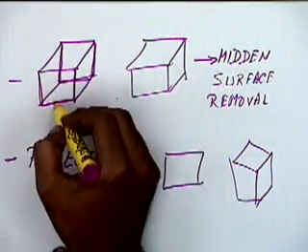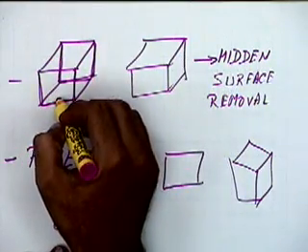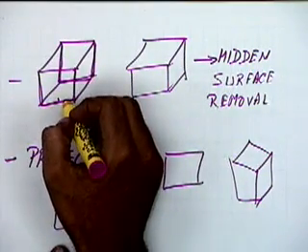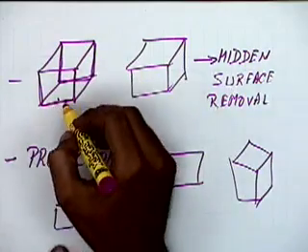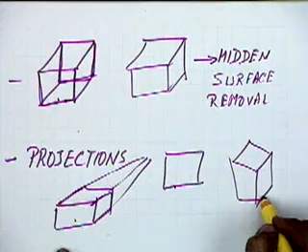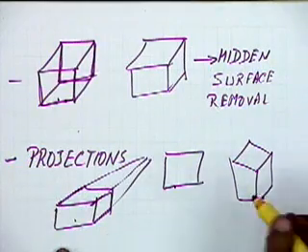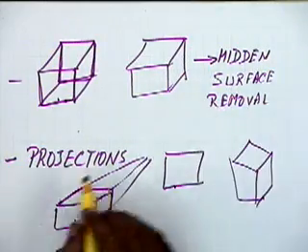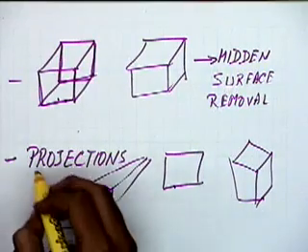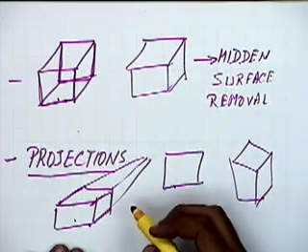If I have modeled this object, that is, if I have given a geometric description of each of the surfaces and each of the edges, and all that information is available with the computer, I should be able to generate any of these views depending on the direction from which I am looking, depending on my specifications given. I should be able to do these projections.